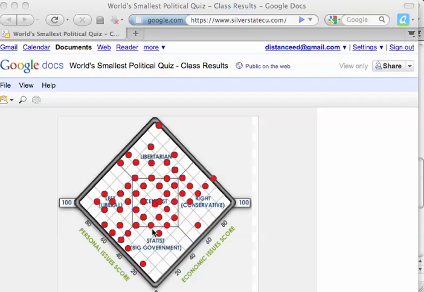Now, let's dissect this a little bit. If we were just to cut this diagram in half from left to right, the further up you go, the less government you want, and the further down you go, the more you want the government to do. So if we divided it that way, the further up you go, the more likely you are to agree with the ideas that Sharon Angle has, and the further down you go, the more likely you are to agree with Harry Reid.